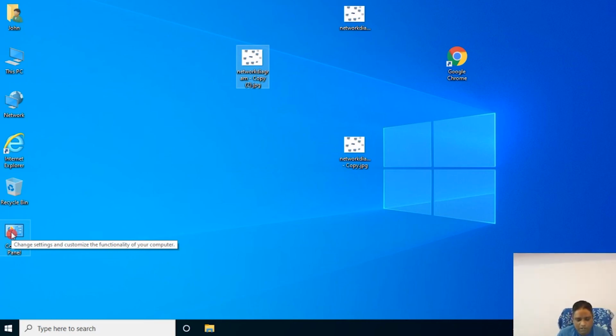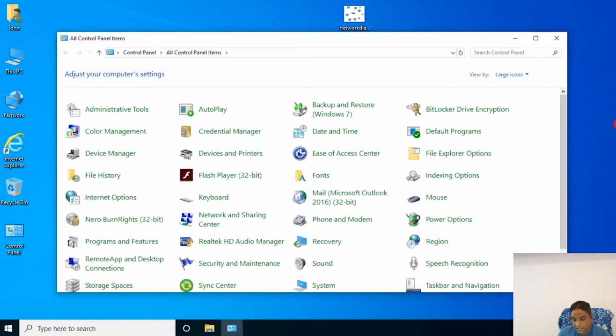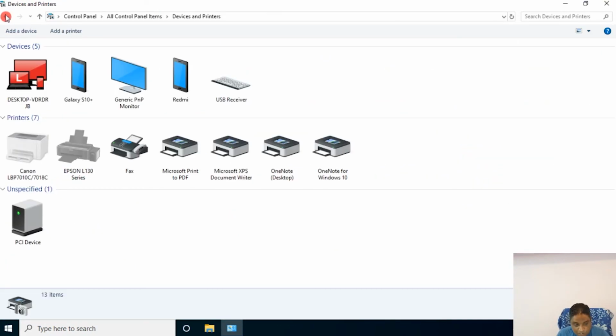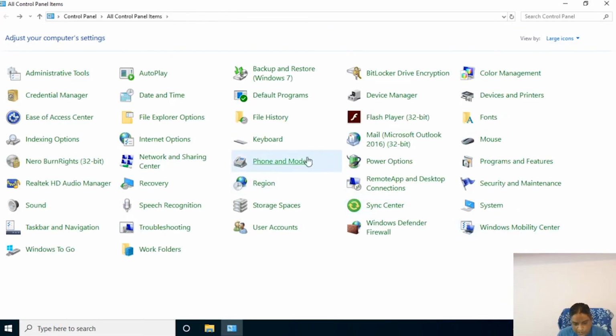I want to remove some program. I want to uninstall Google Chrome. So I have to go to the control panel. Double click on this control panel, you will get so many things. You can see devices and printers, how many printers are connected to this computer. I have so many printers connected to this computer. Like that I have keyboards, Internet Explorer, administrative tools, sound I can control, region I can control, I can set my recovery, mouse pointers I can make fast, slow, so many things.